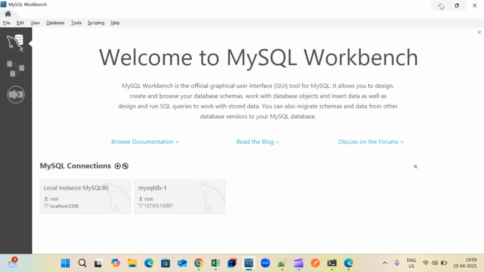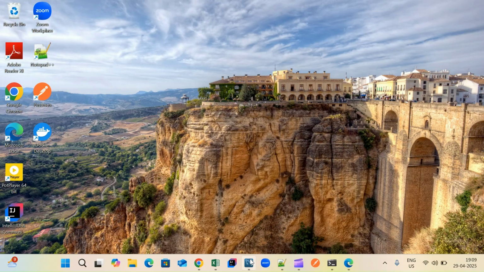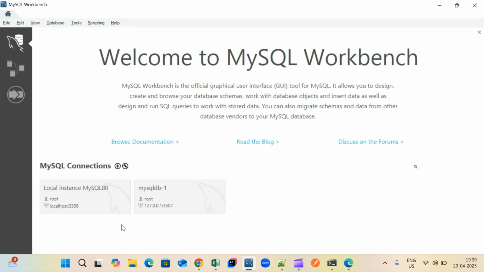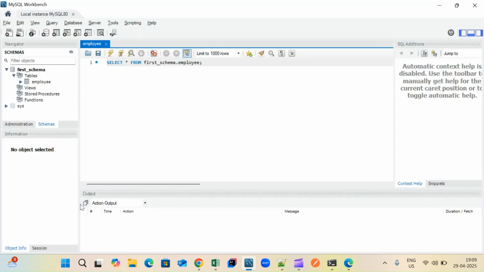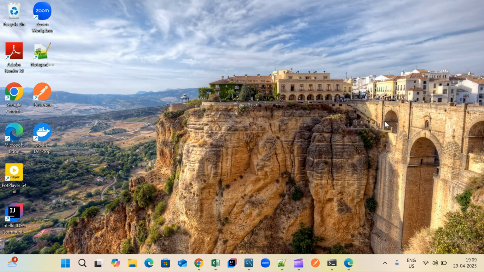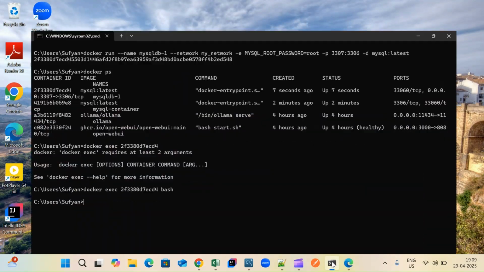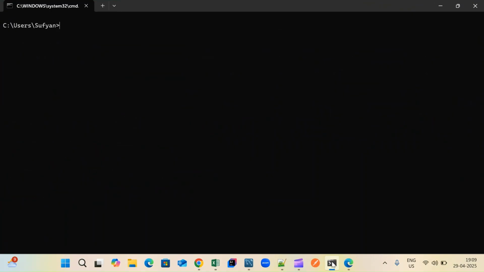MySQL Workbench. Now, as you already know, we have installed MySQL in our local machine and it is running on port 3306 and we can access it from MySQL Workbench. And we have already created a few schemas and tables and also we had tried to access them. Now, what if I want to run this same MySQL database in my Docker network? And how can I connect to it from the MySQL Workbench, which is running outside of the